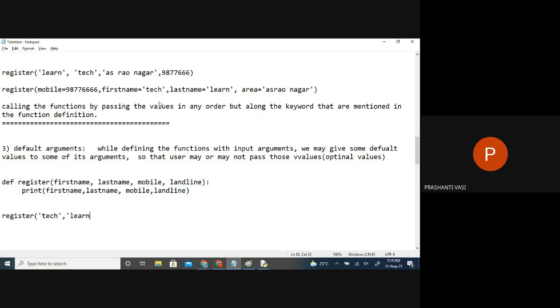Can they skip that? What can they do? They can provide none. So they have to write something like this. But the user generally does not know to type none. If you have a registration form, there is a space for landline, and you generally keep it empty. Whenever you keep it empty, the system should automatically take it as none, because the user does not know how to type none. Should he type none, or no, or not applicable? The user is not a programmer.